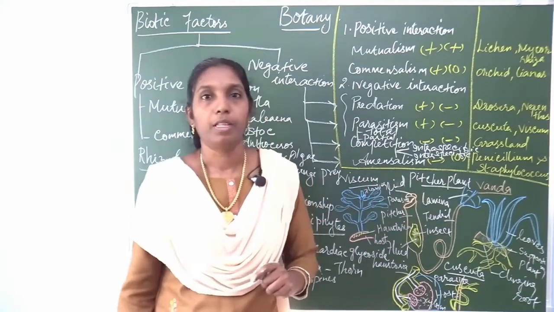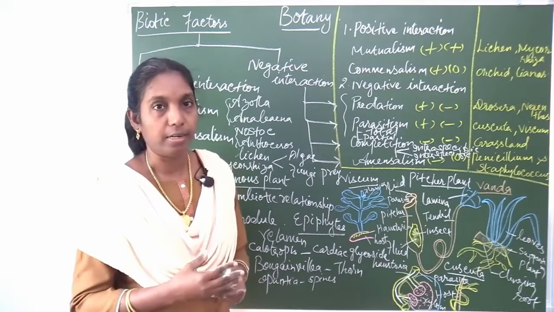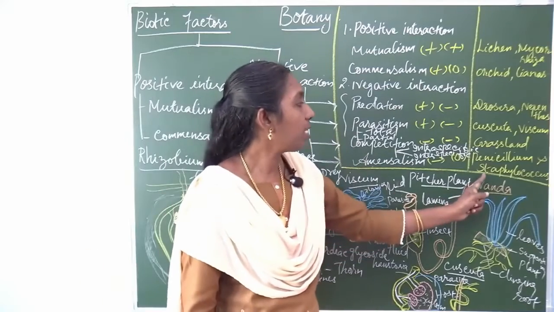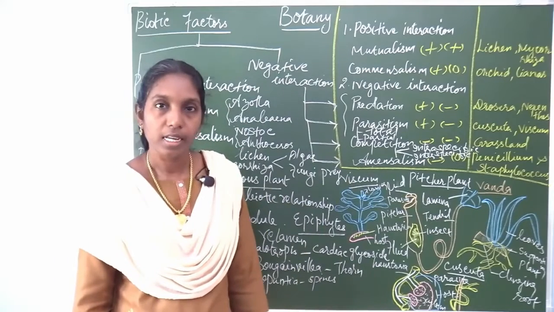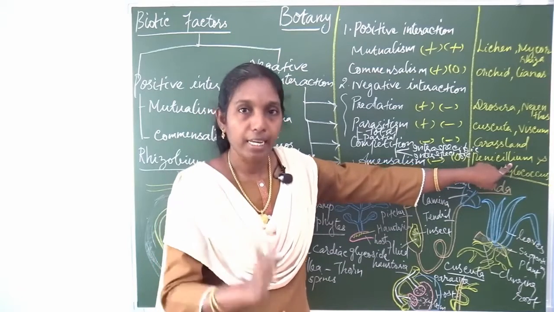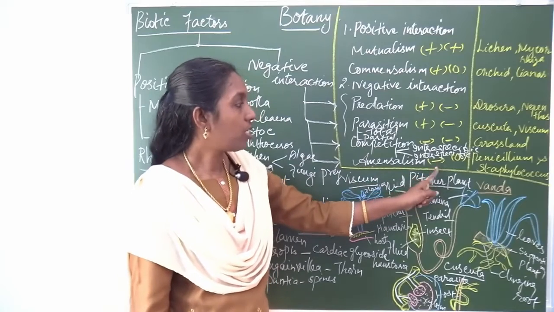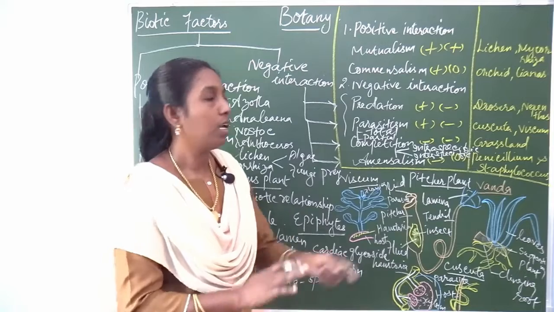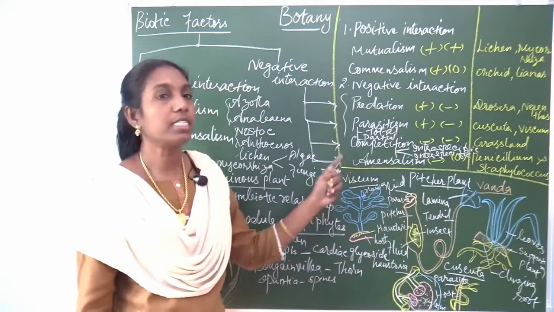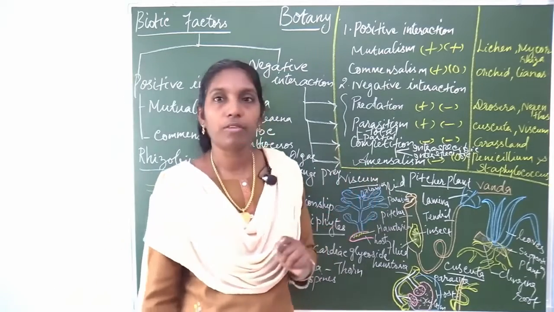For example, the fungus Penicillium notatum produces penicillin. This penicillin inhibits the invasion of certain bacteria like Staphylococcus. Staphylococcus is the bacteria. Penicillium secretes penicillin, which inhibits the entry of Staphylococcus. So one is harmed, that means inhibited, and the other is neither benefited nor harmed. Another example for amensalism is Trichoderma,